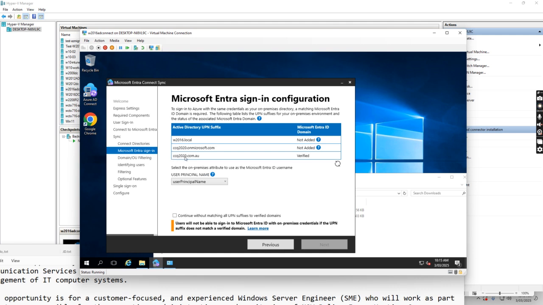I just use the CCQ trying to come to the European. Use the principal name, which is okay, and continue without matching all European suffix for verified domain. Because I only use this one for this European,